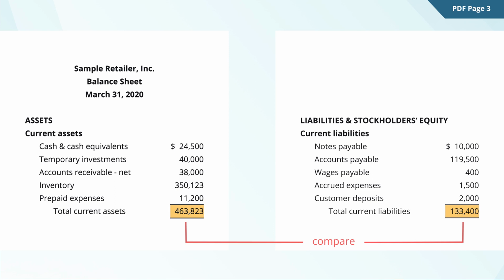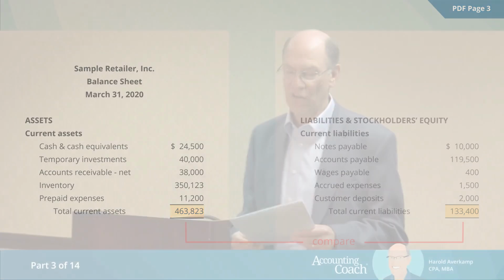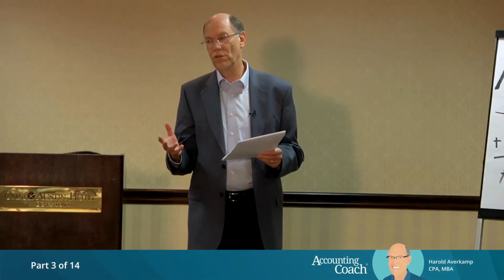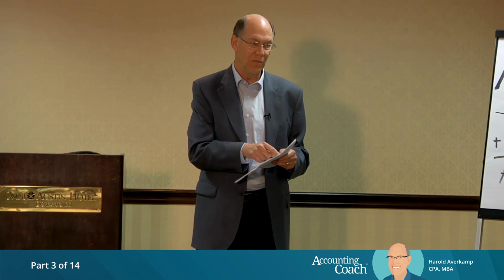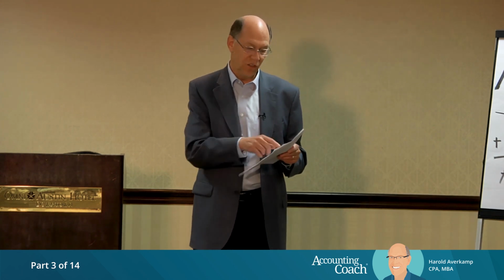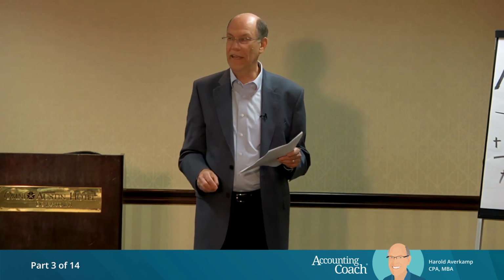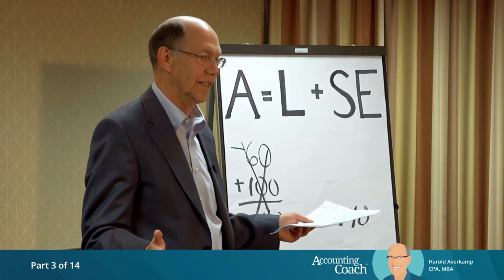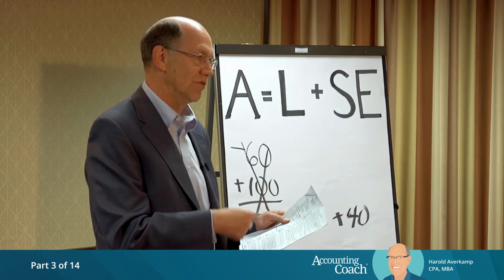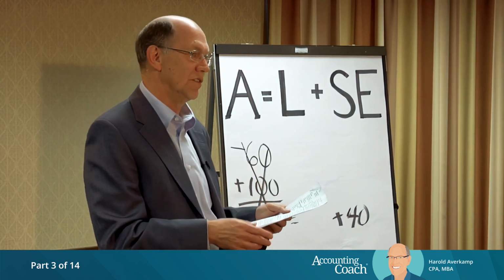And if a company has more current liabilities than current assets, boy, that's bad news, right? How are you going to meet the payroll? What are you going to do? And of course, that's a general ratio or rule. What we really have to do is look into these individual amounts here, right? I mean, if we have inventory of $350,000 and 100,000 of it has never moved in the last year, what are the odds that it is going to move, right? So we have to be careful, right? And the accountant is supposed to help us by saying, you know, if it isn't going to turn to cash, I'm going to have to